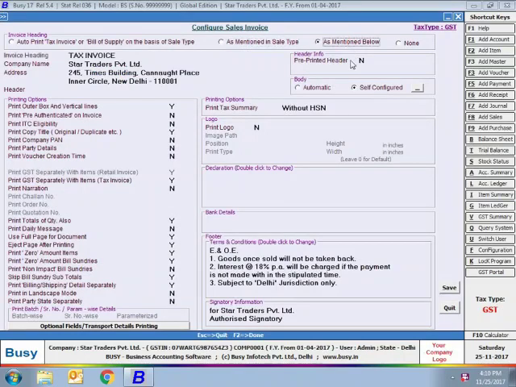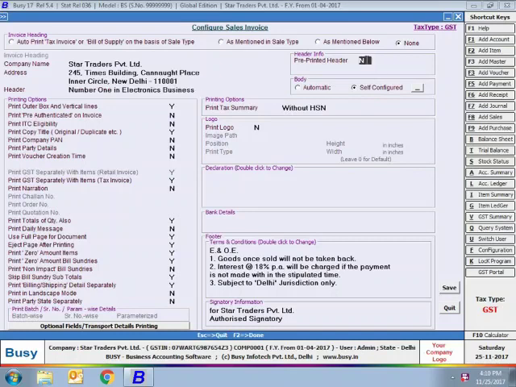Then is As Mentioned Below. On selecting this option, you can see an invoice heading field gets activated. You can specify the invoice heading in this particular field, so the heading you specify here will be printed in the invoice. And the last option is None, that is, you do not want to print any invoice heading. Then is company name and address. Company name and address specified at the time of company creation is appearing here. Apart from this, you can specify invoice header also. For example, here we have written the header as Number 1 in Electronics Business. If you want to print any other ongoing scheme on the header of the invoice, then you can mention that also here. So this is the company name, address and header fields.